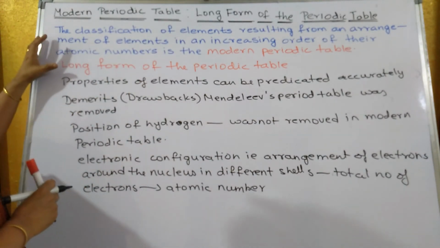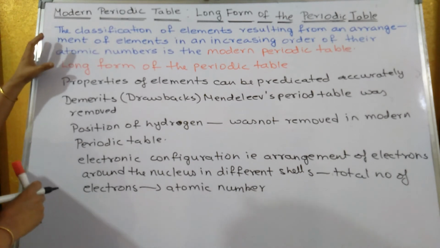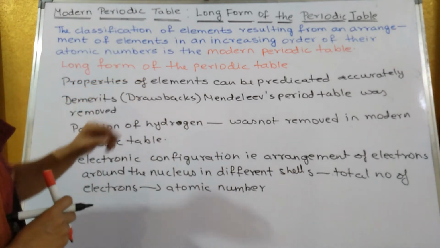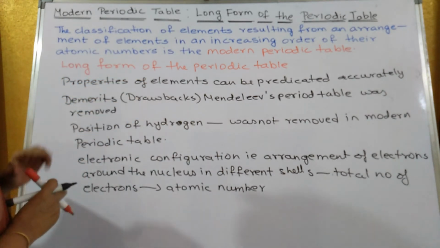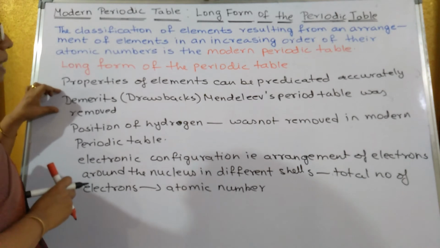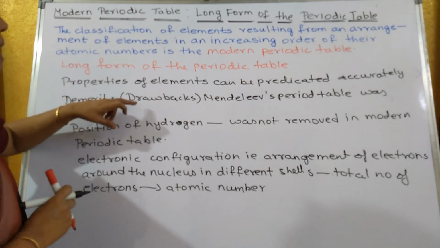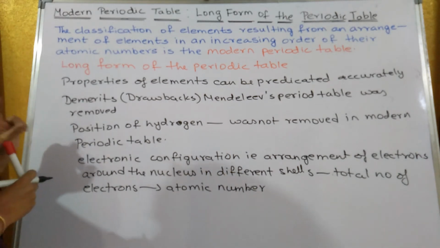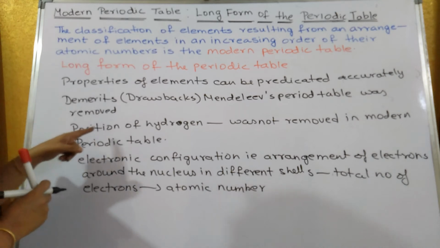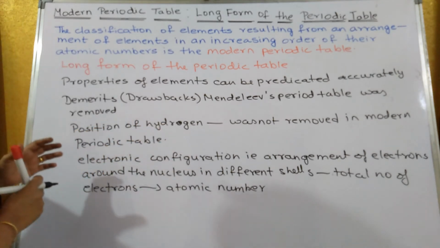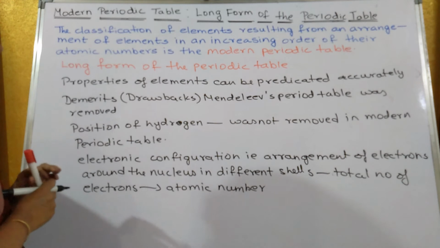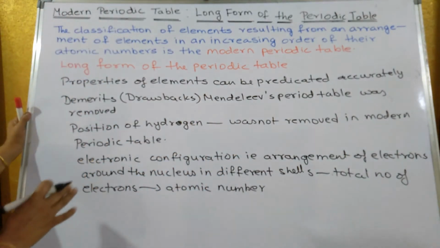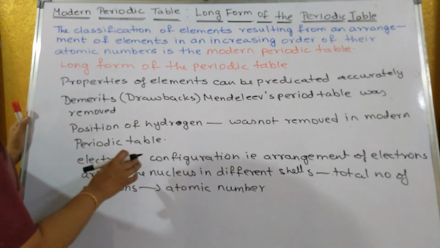अभी जब भी एलिमेंट्स को इंक्रीजिंग ऑर्डर ऑफ एटॉमिक नंबर के बेसिस में अरेंज किया, तो जो प्रॉपर्टीज़ ऑफ एलिमेंट्स है उसको अपन एक्यूरेटली प्रिडिक्ट कर सकते हैं. दूसरा क्या है? जो डीमेरिट, जो मैंने पहले एक्सप्लेन किया था, ड्रॉबैक्स जो मेंडलीव पीरियोडिक टेबल में आता है वो सब निकल जाता है. सिर्फ एक, वो कौन सा है? पोजीशन ऑफ हाइड्रोजन. ये उसका जो कन्फ्यूजन है कहाँ पे हाइड्रोजन रखा जाए, वो मॉडर्न पीरियोडिक टेबल में भी नहीं निकाला जा सका, वो वैसे ही रह गया।